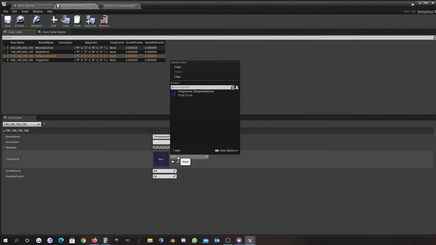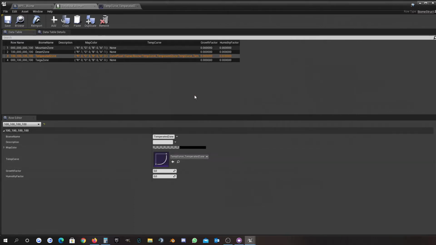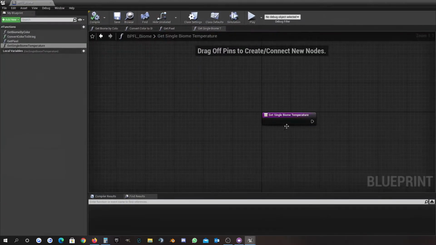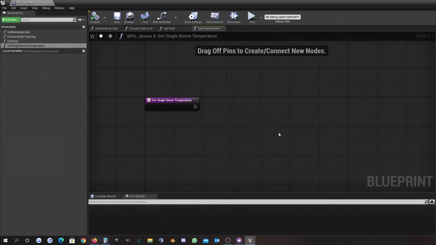Just apply this one, temperature curve temperate zone, here to this one. Okay, so I created the different curves and we can apply them here. So we can close this and then go to the get single temperature function. And what I need is, of course, because we have a day, I need the in-game time. And of course I need the information of the biome